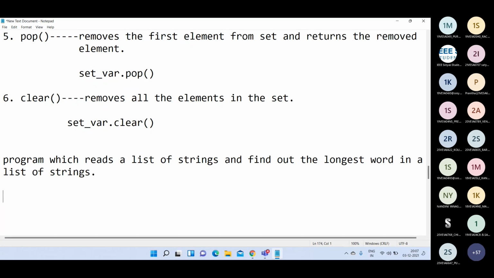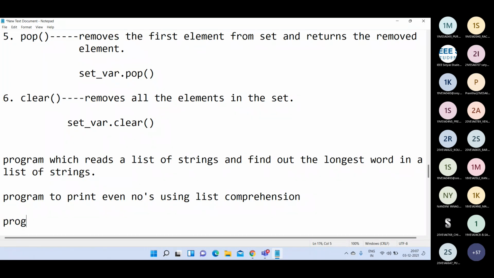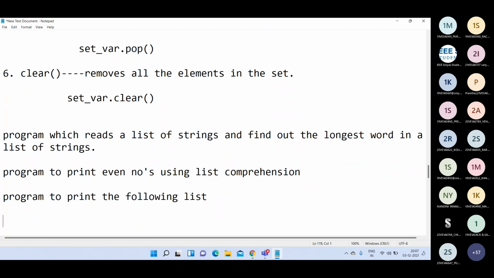And the next program is a program to print only even numbers using list comprehension. And the next one is a program to print the following list.